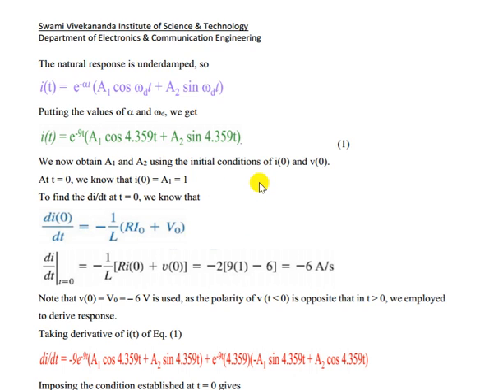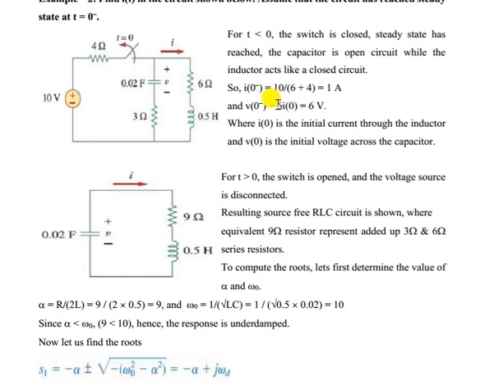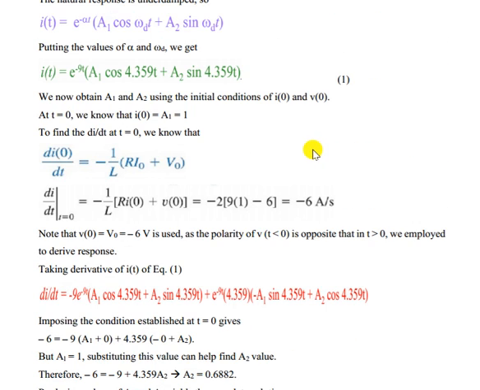Okay, so now if we apply t equal to 0 in this equation, what will we get? We will get I0 equal to... sine 0 is 0, cosine of 0 is 1, that is why a1 is nothing but I0. The I0 value we already got from the initial condition, I0 is 1, right? So we got the a1 value.